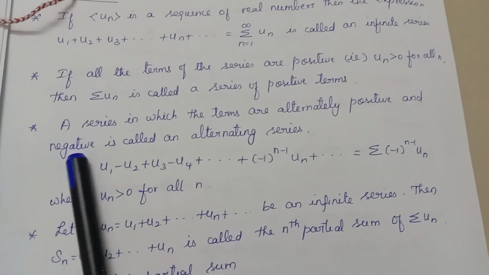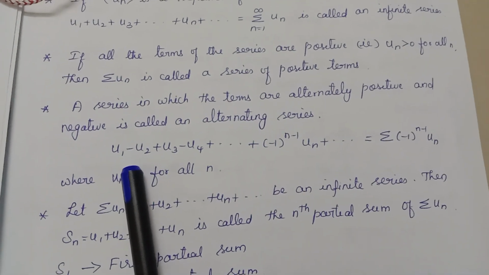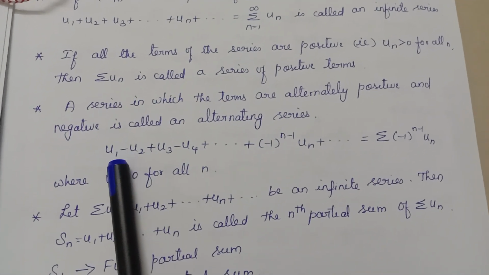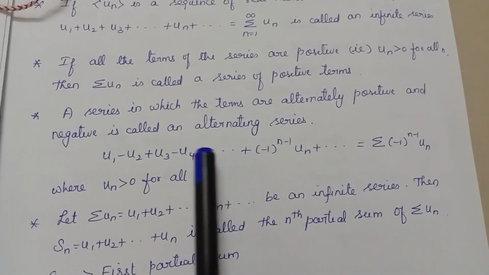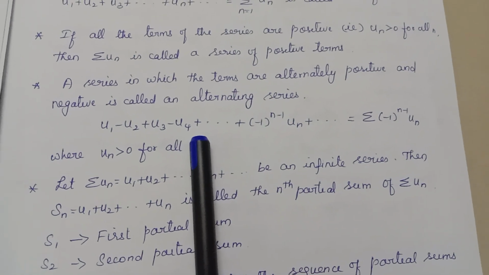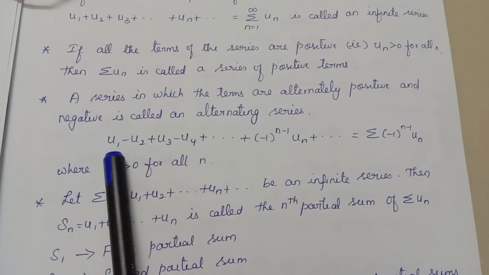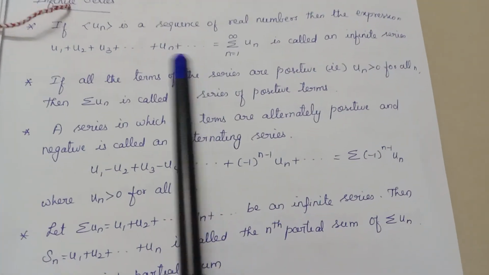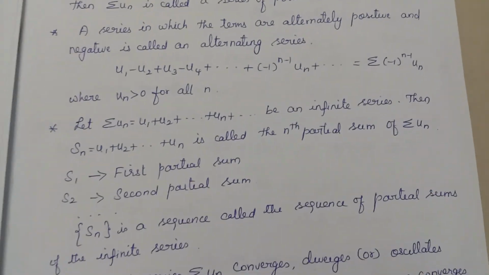Suppose we have an infinite series in which all u's are positive and they come with alternate signs, plus and minus alternately. Everything is positive, but the sign alternates, so that is called